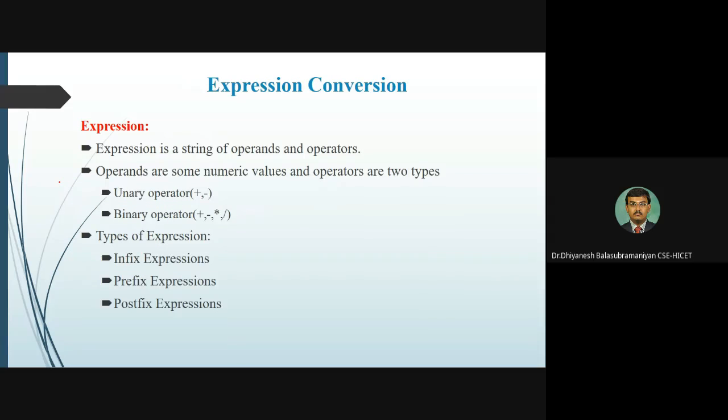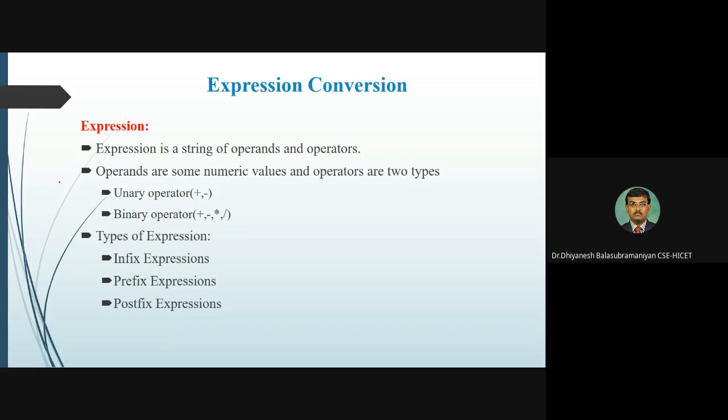Next, expression conversion. Before going to expression conversion, what is an expression? An expression is a string of operands and operators. Basically, there are two types of operators: one is the unary operator, another is the binary operator. Unary means plus plus and minus minus, and binary means a regular expression, where we have two operands, like a plus b, a minus b, a hash b, or a slash b. Bi means two, so the two indicates your operands, not your operator. Unary means